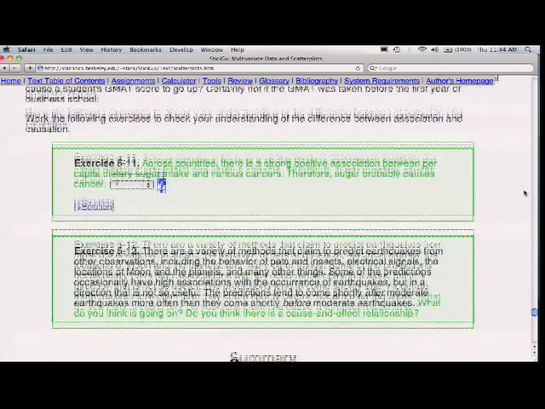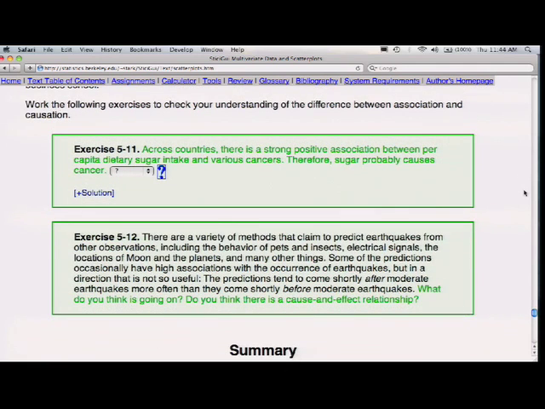Okay. Given that we're here in the Earth Science Building, maybe we should talk about the last example. Something that I do some research on is earthquake prediction. And there are people who claim to be able to predict earthquakes based on all kinds of phenomena, ranging from